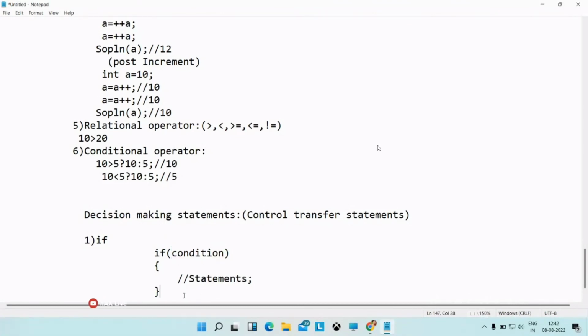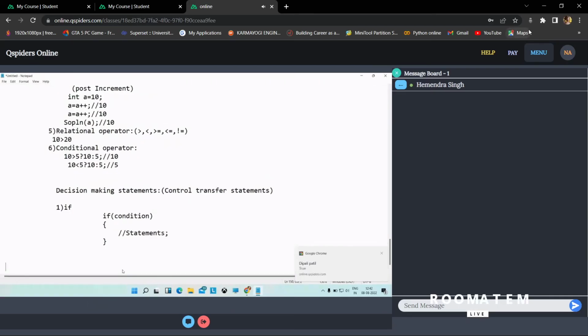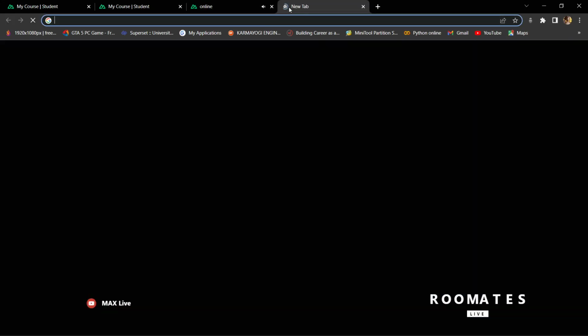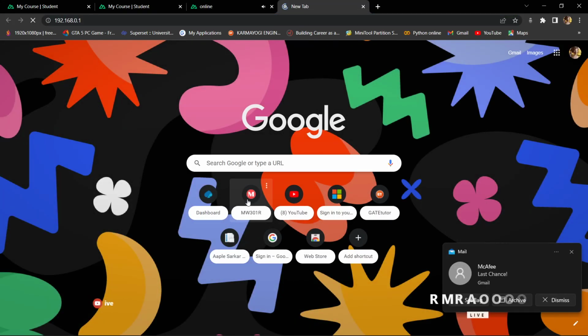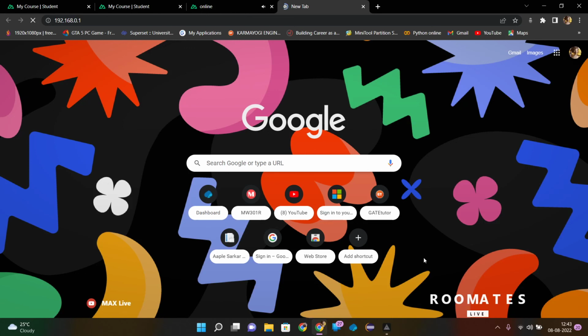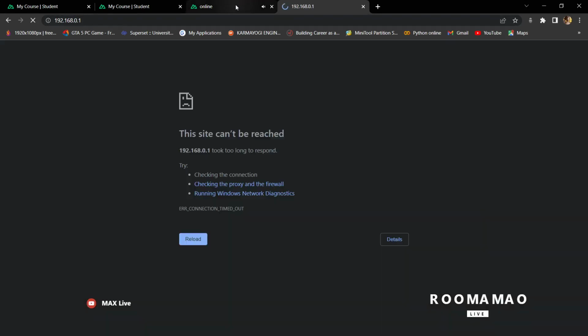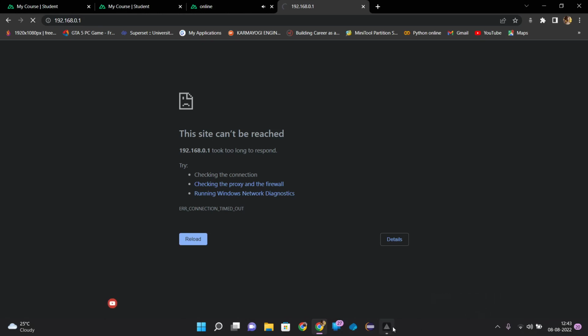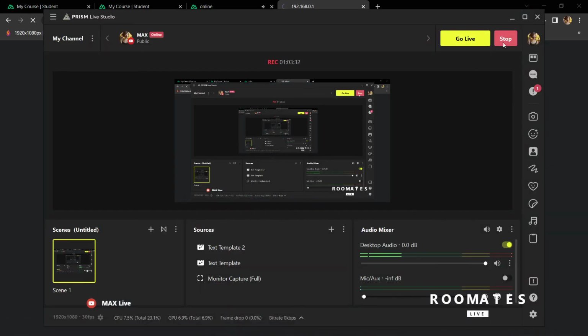statements will get executed. Then we have the if else block. What is the syntax for it? First the if, same thing, condition. Copy and paste. And followed by else. So here